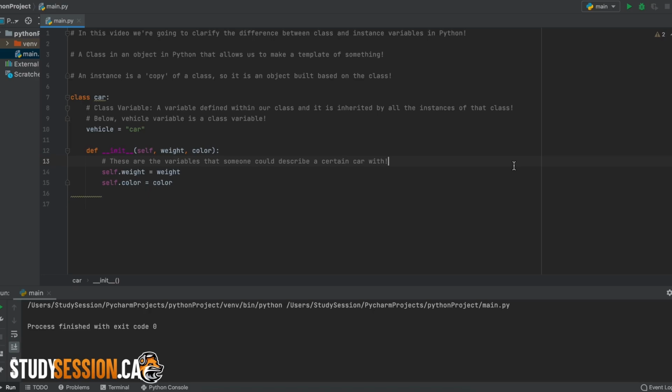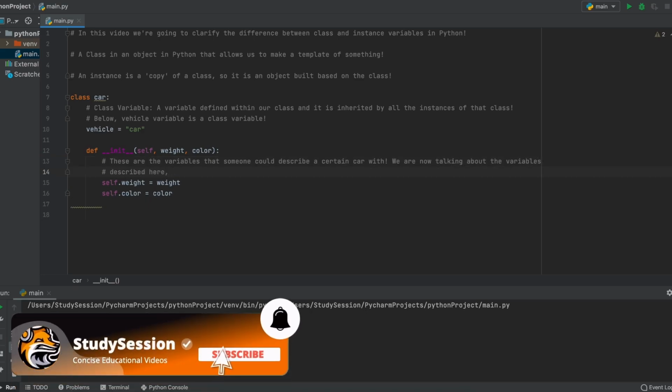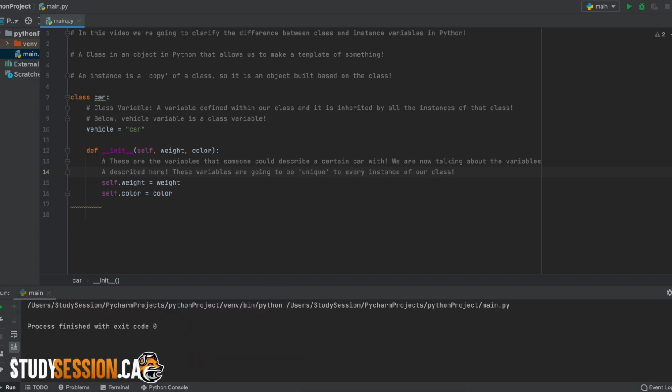Okay, so if a class variable is a variable that is given to all instances of a certain class, well, then what is an instance variable? Well, if you think about the variables under our init method here, and the ones that we considered, they're going to be unique to each instance of a car class, right? If we had a lot of cars to sell, all the instances, the unique cars, would all have varying manufacturers, years, mileage, and things of that nature. But they still all fall within the class of car.